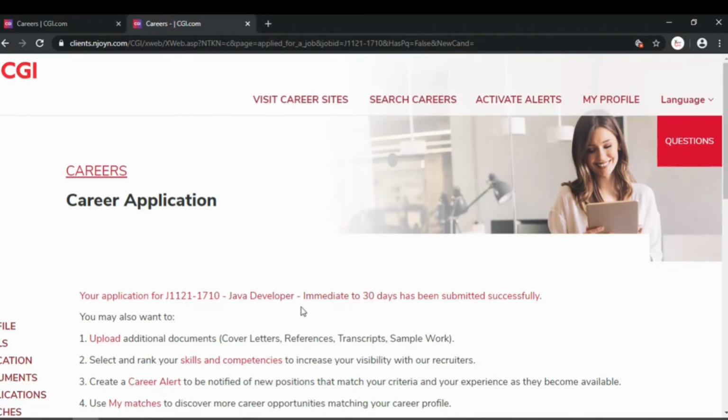You need to connect to that particular person whose reference mail ID you have added, and ask him to approve from his side, and give good feedback about you, so that you get a good preference from the HR team. If your resume is selected, if they like your resume, they can call you for the interview. So all the best, keep applying for positions, and keep connecting with people from CGI.